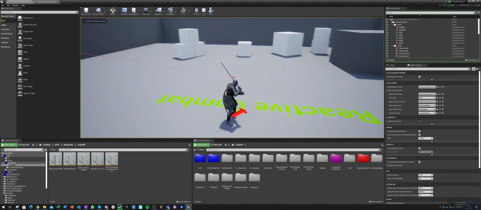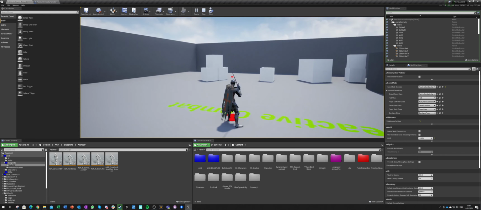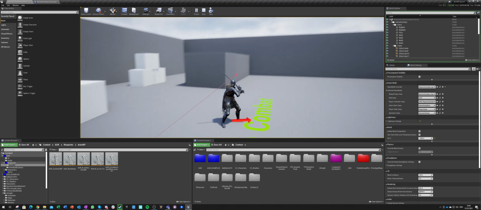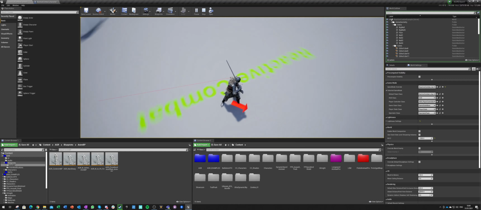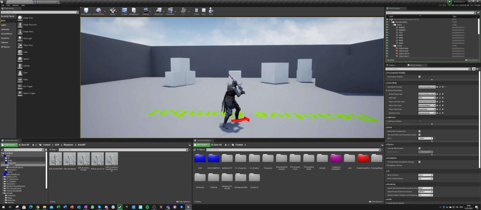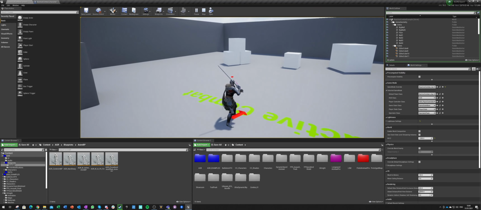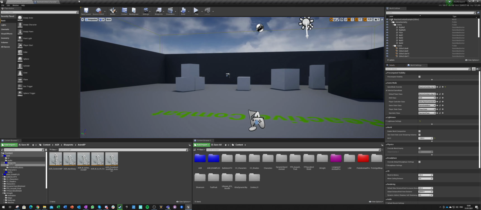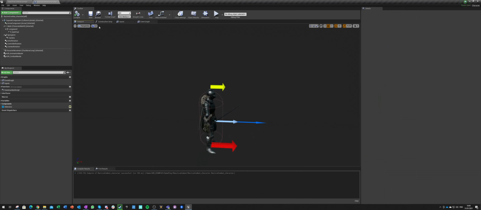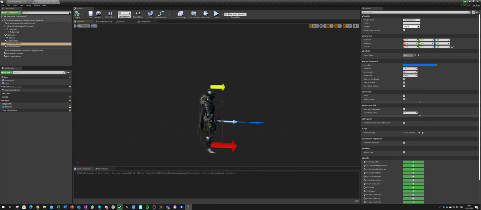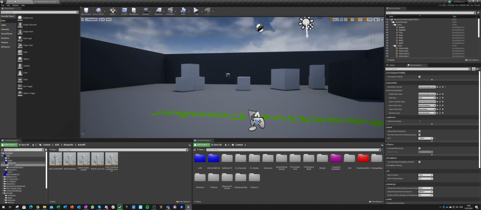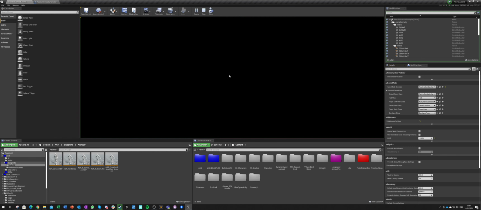So I am moving. Okay, this arrow is too small. Let's go to this arrow, and let's make it like 3, and let's make it like 6 or 5 at least. Save, play.